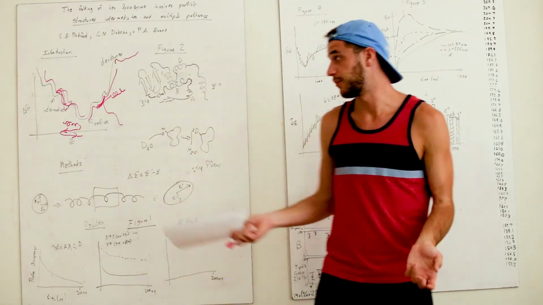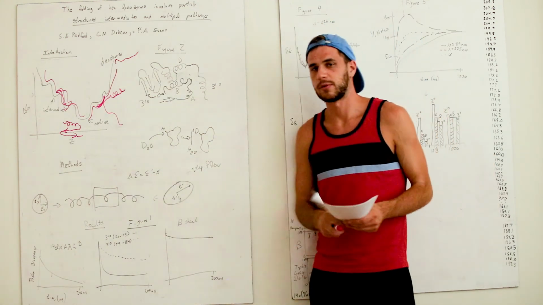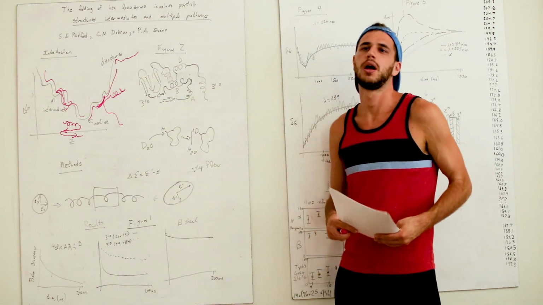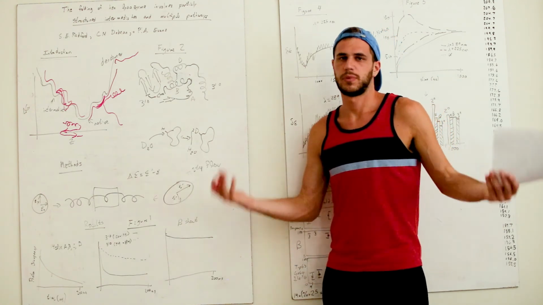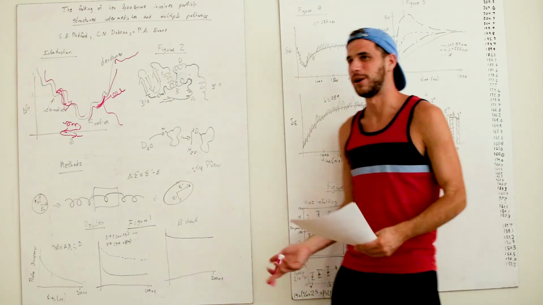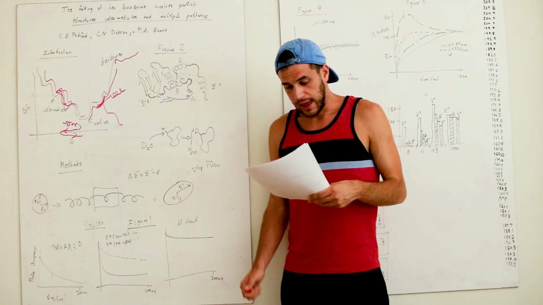And once again, disulfide bridges are also formed in the endoplasmic reticulum, the rough endoplasmic reticulum, because that's where pretty much everything with protein folding happens. And finally,